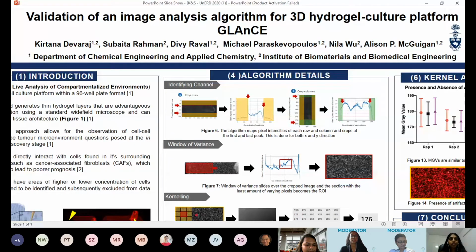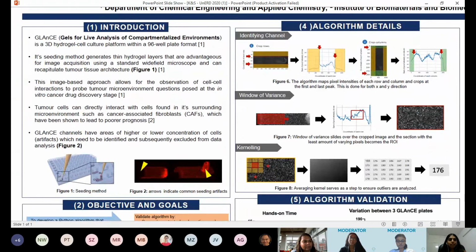Good afternoon. My name is Kirtana and my project is validation of an image analysis algorithm for 3D hydrogel culture platform GLANCE. GLANCE is a 3D hydrogel culture platform within a 96 well plate format developed by the McGuigan Lab. GLANCE's unique seeding method generates consistent thin hydrogel layers that are advantageous for image acquisition using a standard wide field